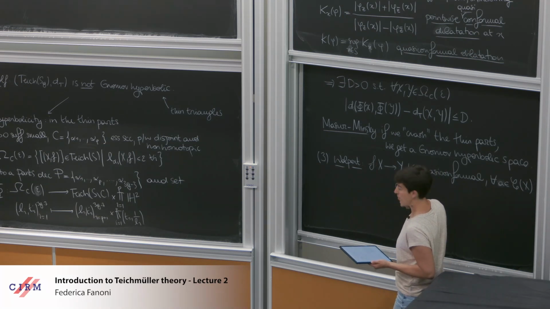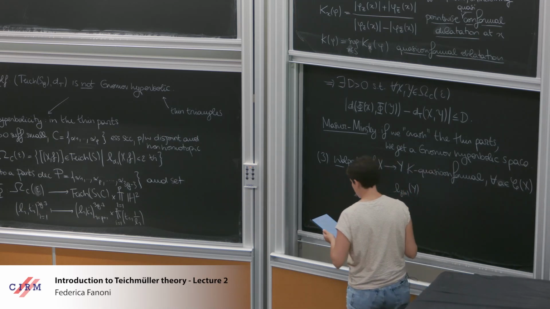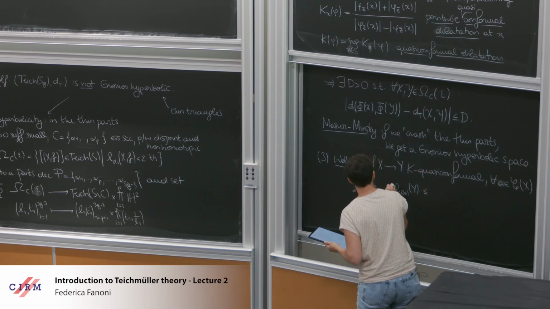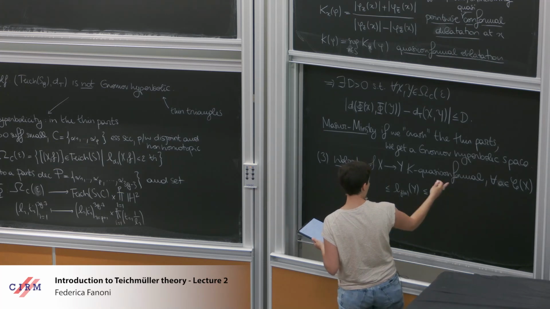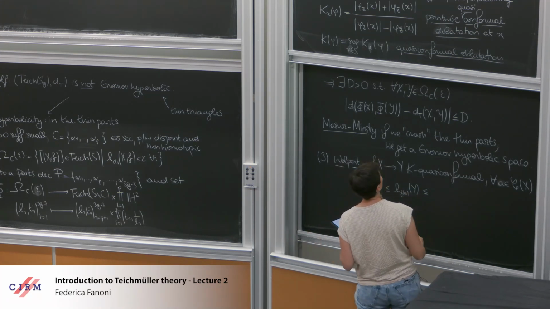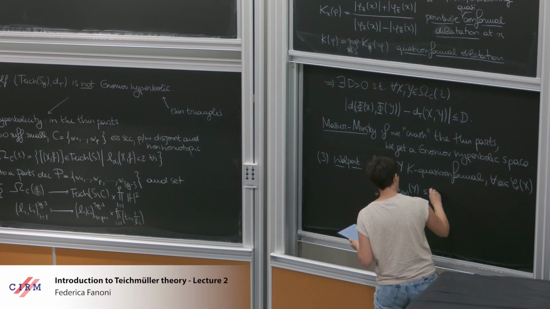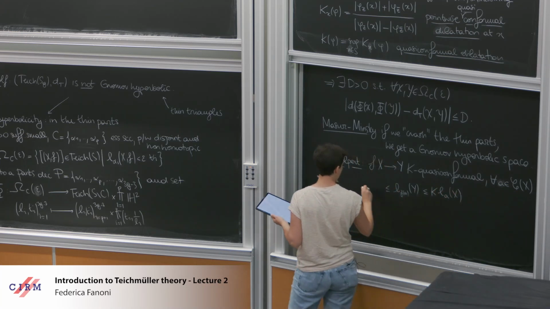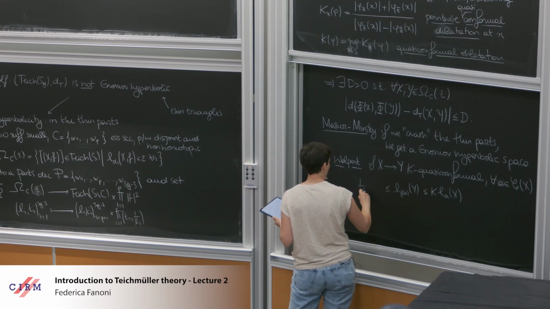So I take its image on Y, I have the length of this curve on Y, and I can try to compare it to the length of A on X. And what Wolpert tells us is that there are bounds that depend only on this quasi-conformal dilatation K. So this is at most K times the length of A on X, and this is at least 1 over K